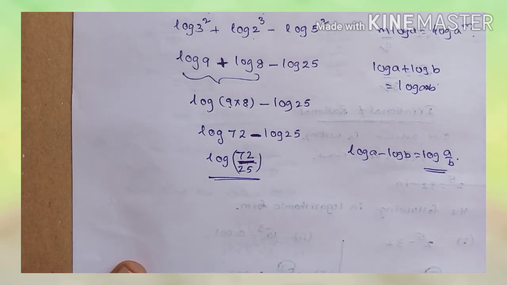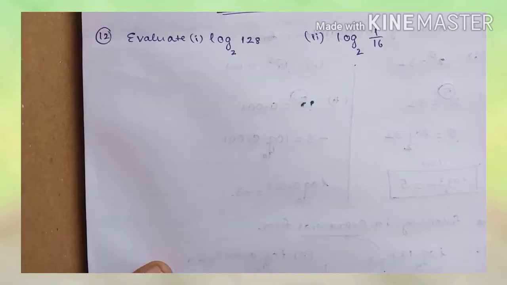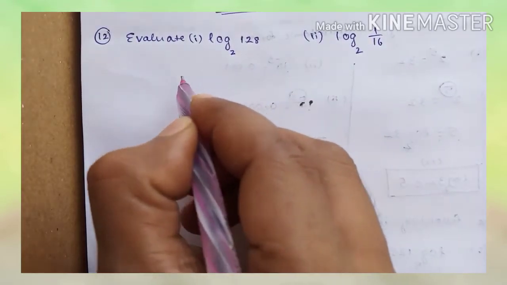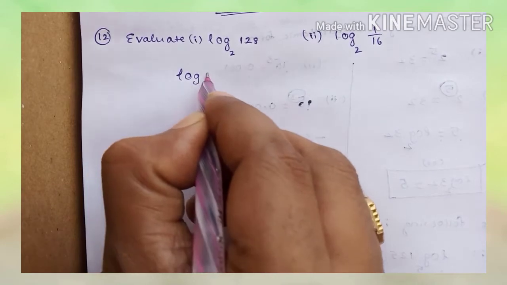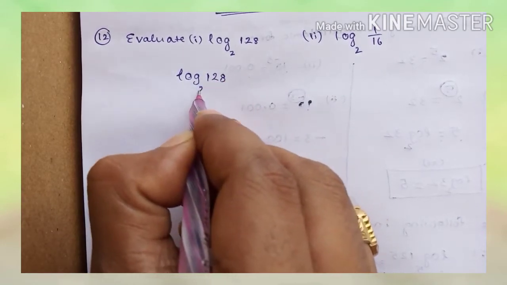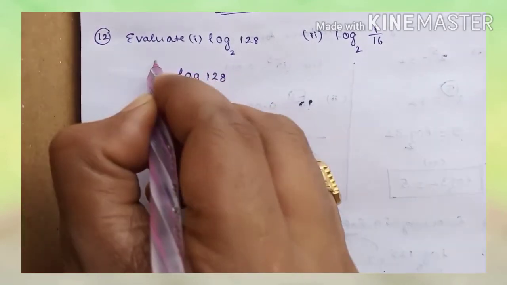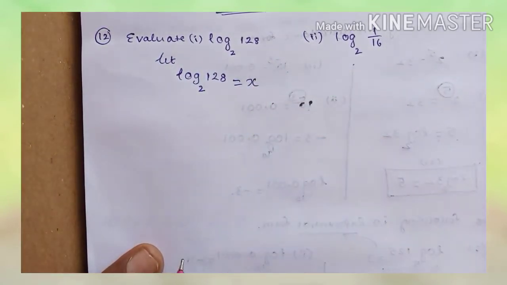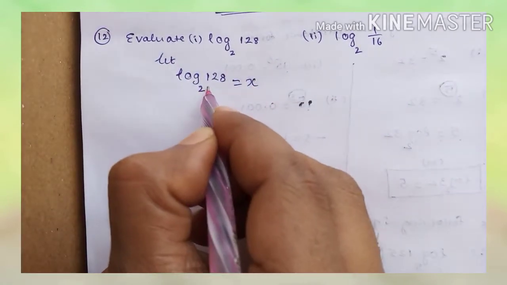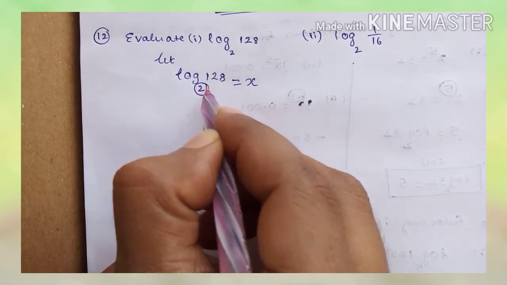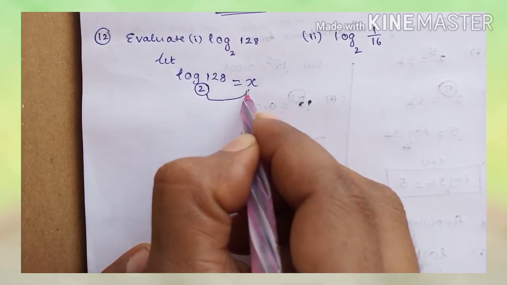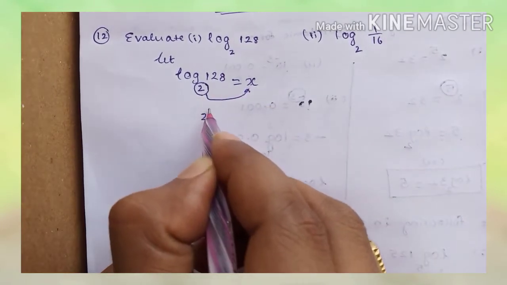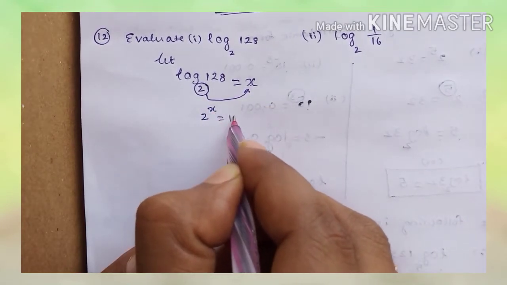Okay, let's go for the next one. In this problem, evaluate: find the value of logarithm of 128 to the base 2. We don't know the value, so let the required value be x. As per our discussion, the logarithmic form should be converted to exponential form: 2 to the power x. Here this is the base and this is the exponent, so 2 to the power x is equal to